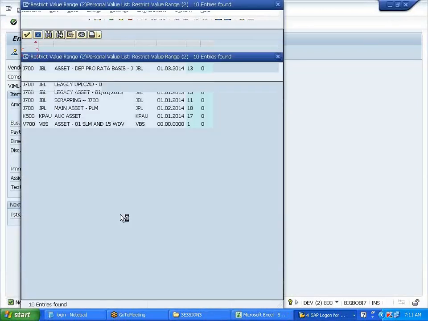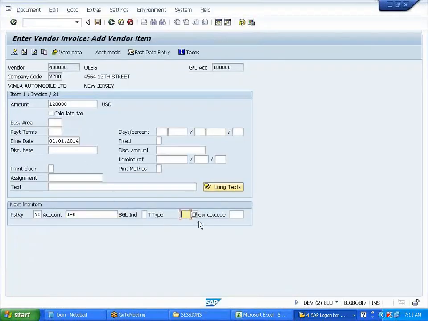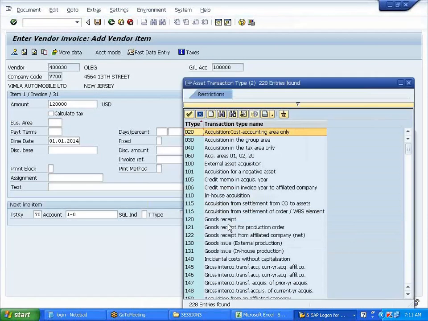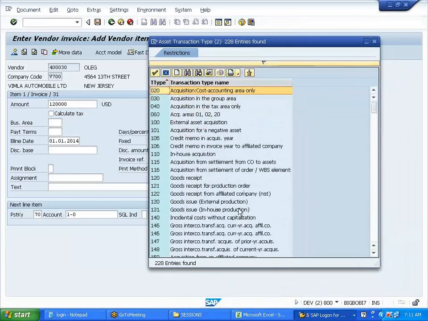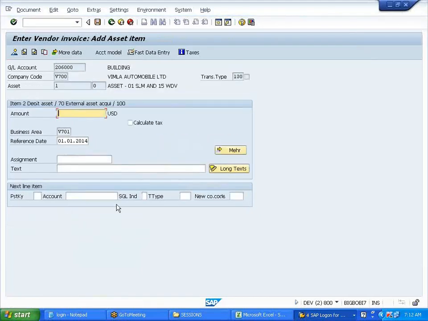Yes. So in this is my asset, right? So now here you see this asset is an external acquisition, right? We are acquiring, right? Here, external acquisition, transaction type 100. See, I'm posting to the master data over here, right? It is getting posted to the GL, see, automatic.